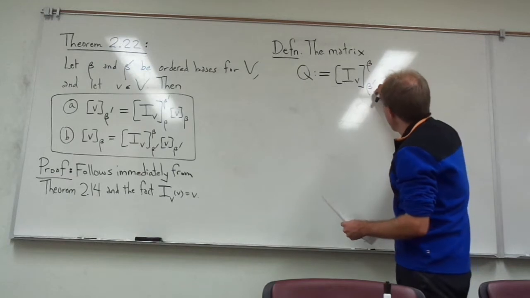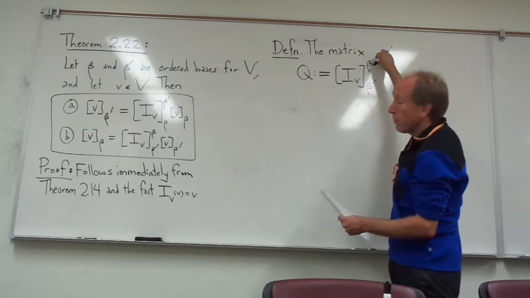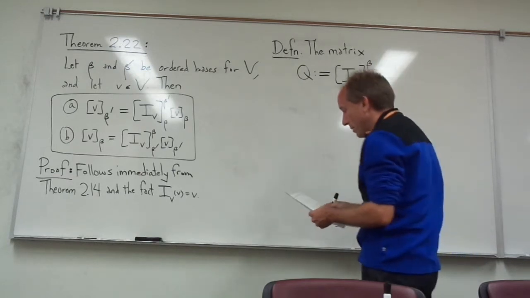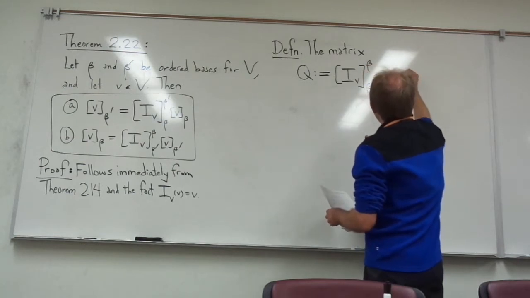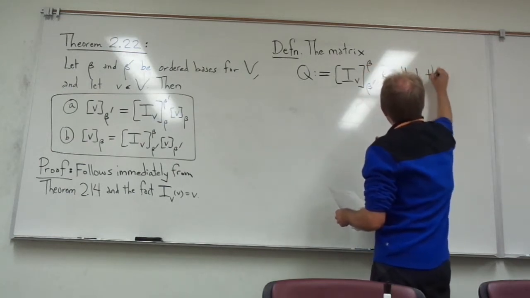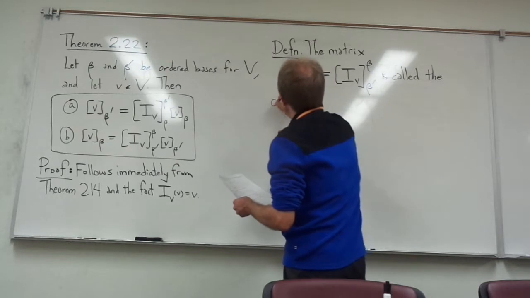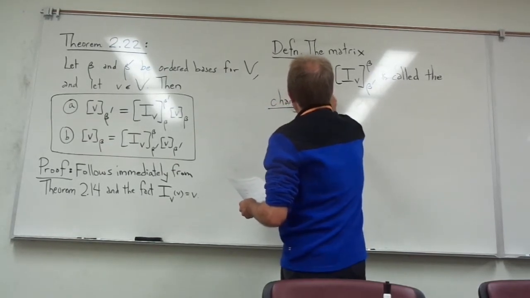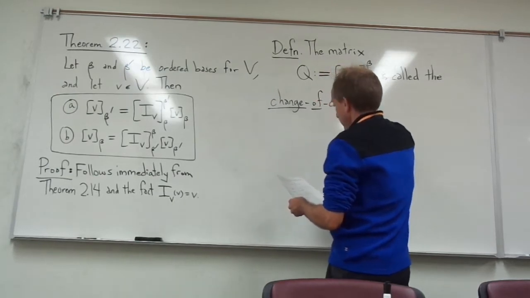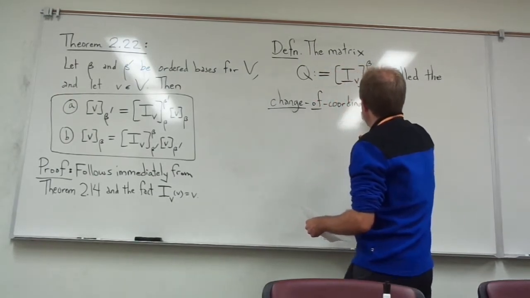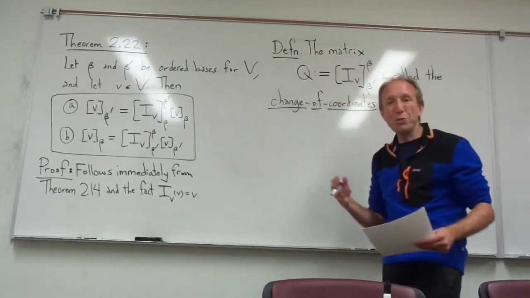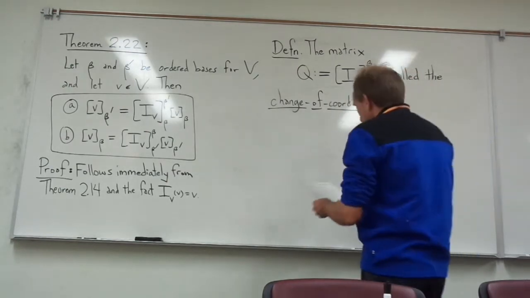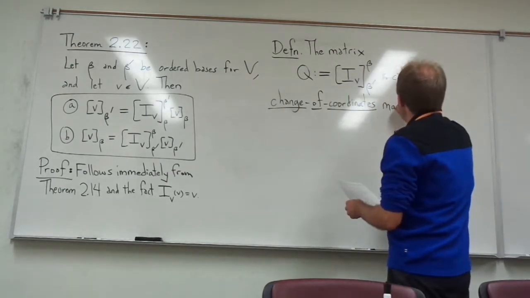Remember, we're going from the lower index, or from the lower basis to the upper basis, right? This is called the change of coordinates matrix. It makes sense. We're using it to change coordinates, right? Change of coordinates matrix